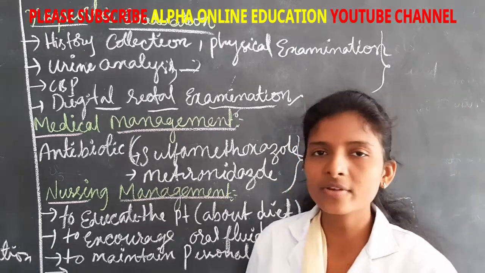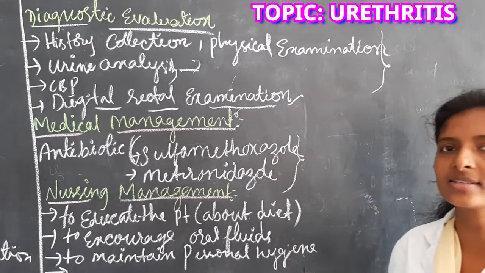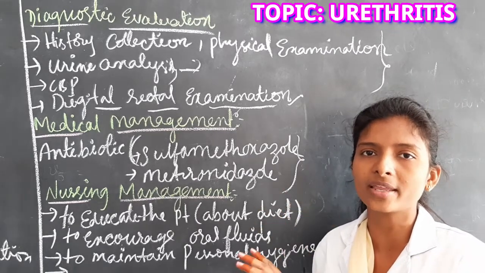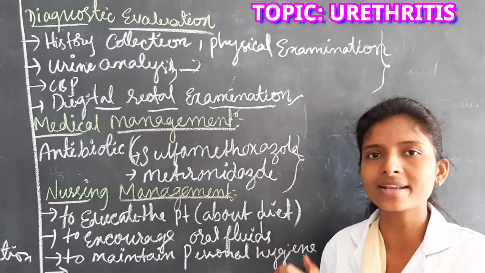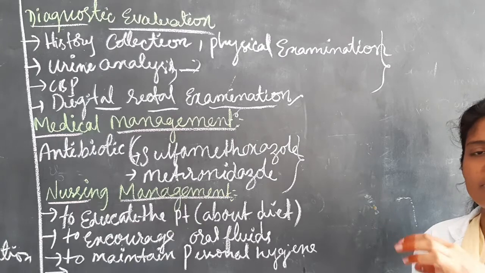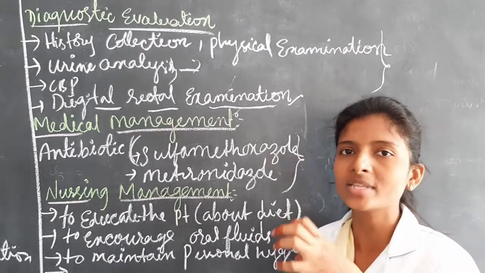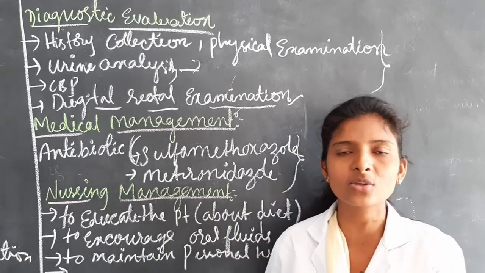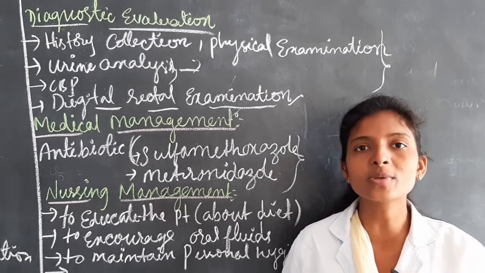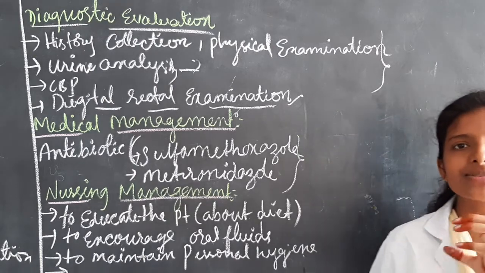Now, whatever I have discussed till now, one more time I will summarize. First I discussed urethritis, which is a classification of UTI. UTI means urinary tract infection. The definition of urethritis is inflammation of the urethra due to the presence of bacterial or viral infection. Due to that, there is a chance to get urethritis. Next, how it is caused: due to which type of microorganisms and bacteria, that we have seen in causes.